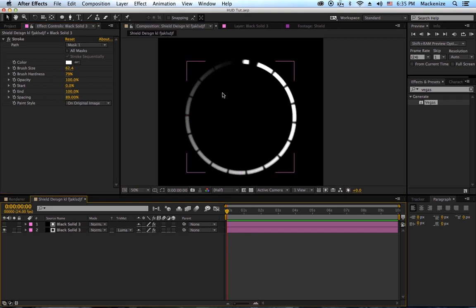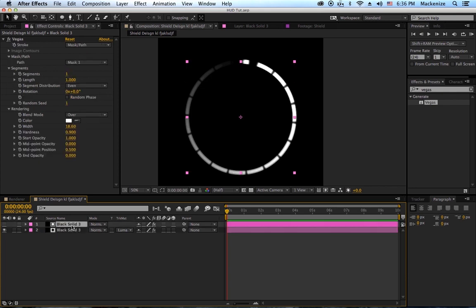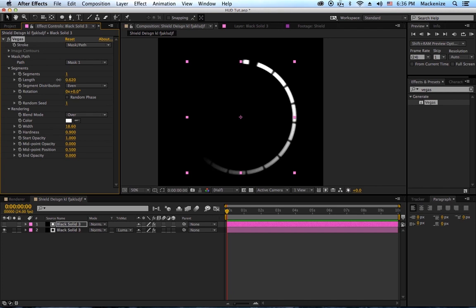So now we've created this object here, but the problem is it almost loops all the way around it. We're seeing way too much of this loading symbol, for my taste at least. So what we can do is come to the Vegas effect up here, and turn down the length of our matte that we're using. And so as we turn this down or up, it'll make parts of it disappear. And this would be a cool way to kind of have it load on if you wanted to do some animation to bring in those parts,